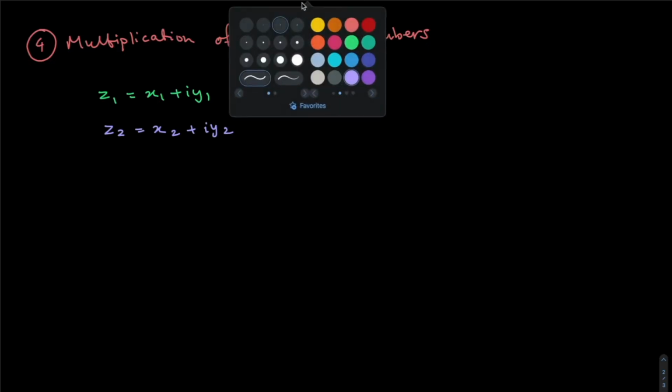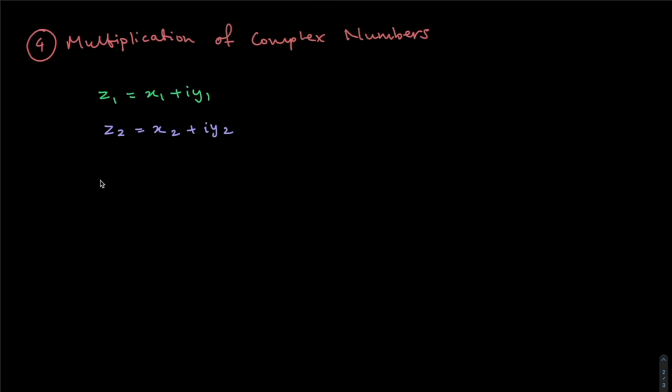Now if you have to multiply both of them, what we're going to do is z1 times z2, like this. If we just keep it very simple, it'll be (x1 + iy1) times (x2 + iy2). Now if we use the FOIL method,